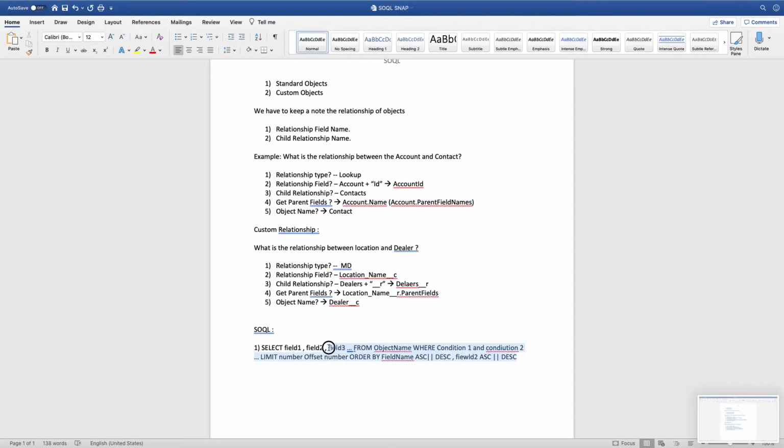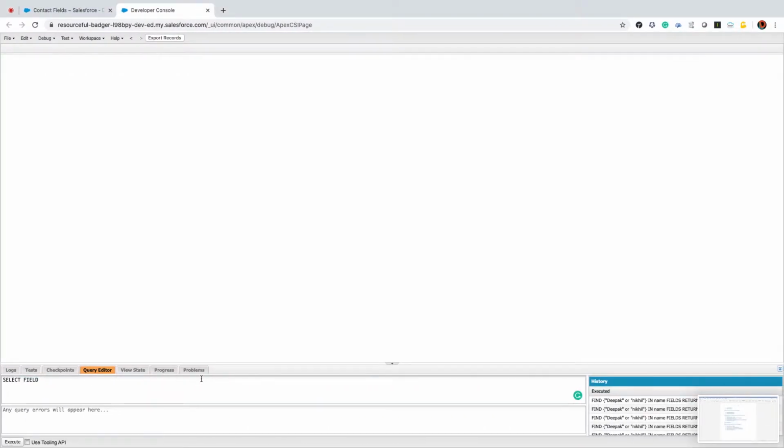For example, let me write select. I'll just copy the same query. We'll see whether this will work or not. Instead of field 1, field 2, I need to keep my actual fields. I'll say Id, comma, Name, comma, Phone, from which object? Contact, right? Where, what is the condition?